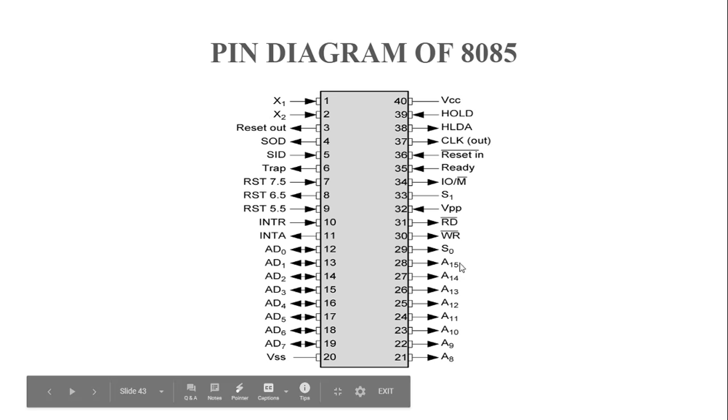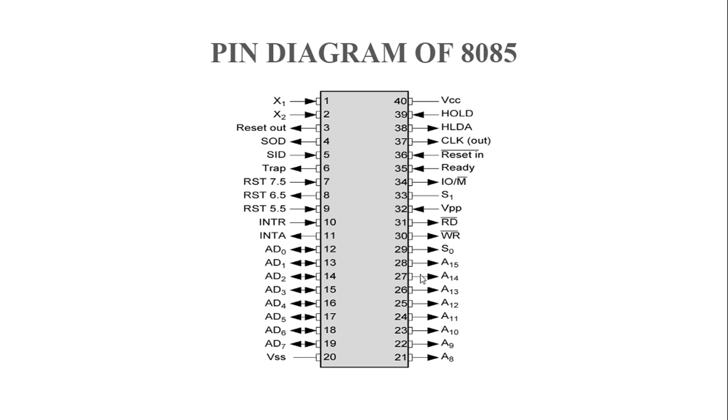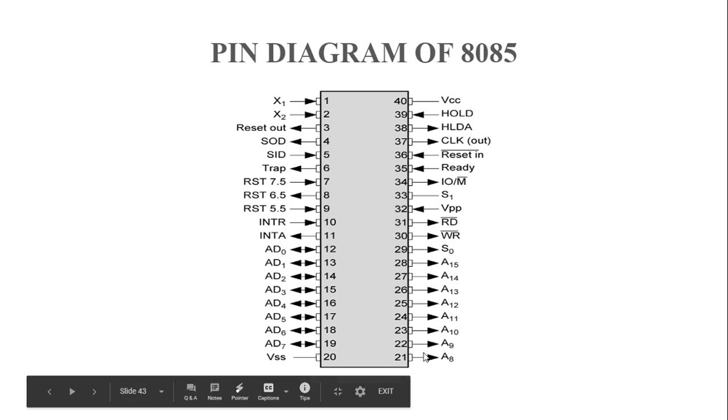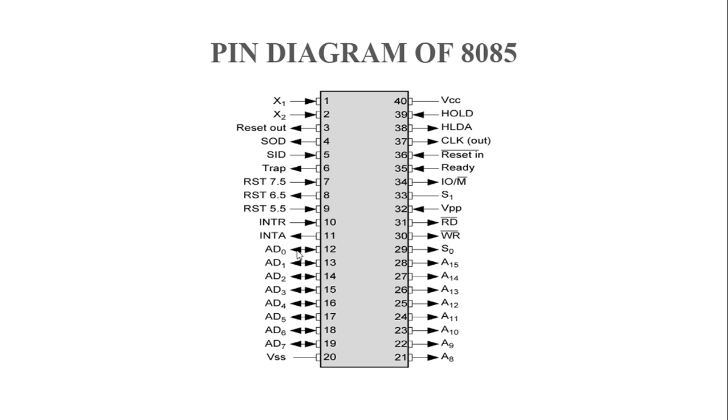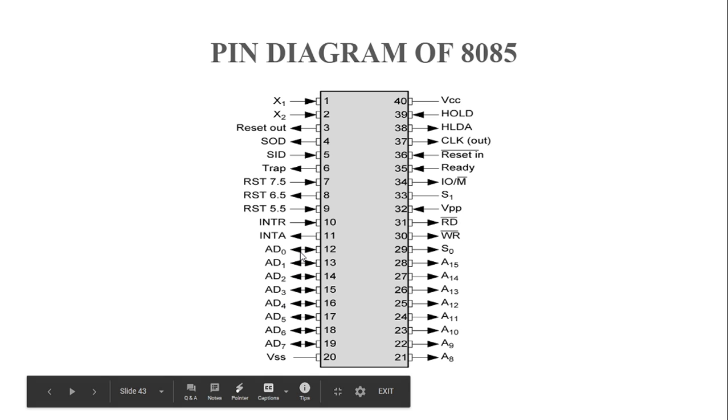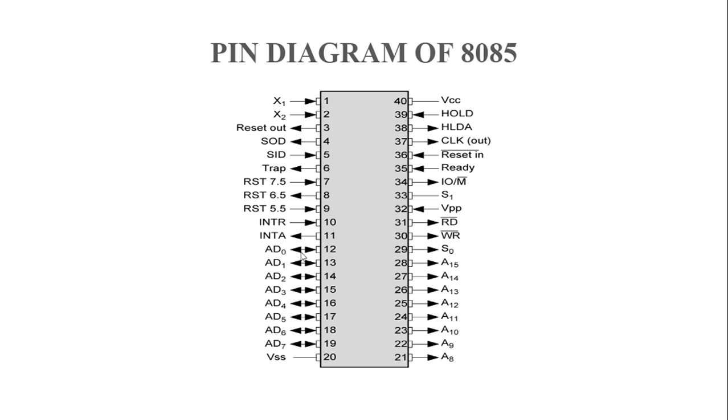On these pins A15 to A8, we are transferring the 8-bit upper address of memory. While for AD7 to AD0, the arrow indicates inward as well as outward, which means these pins AD7 to AD0 are used as input pins as well as output pins. When it is used as input pins and when it is used as output pins, we are discussing here now. Since AD7 to AD0 are the time shared pins, we already discussed the demultiplexing of address and data buses.